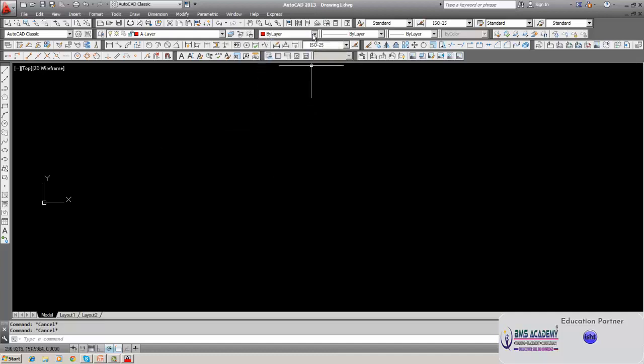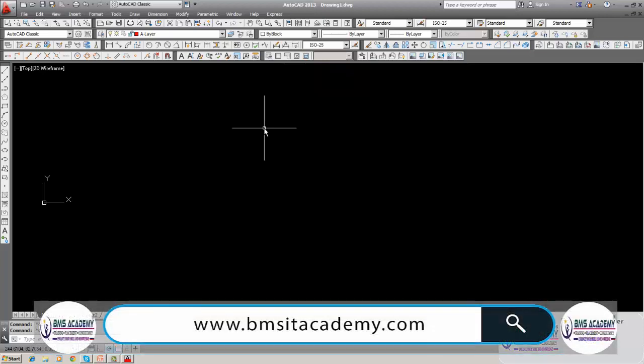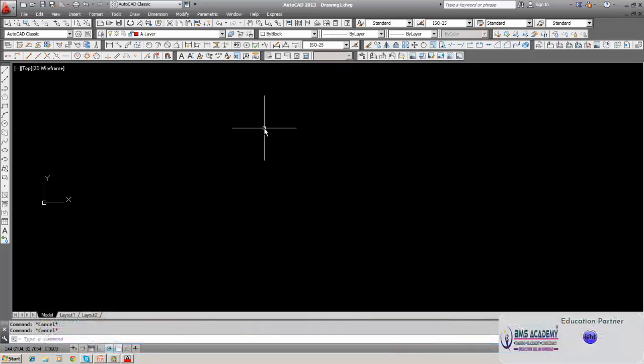But when you create a block by this property, by block, then if you open it at a time when you are working on some other layer, it takes the property of that other layer and not the property of the original layer where you created it. This I explained in the beginning of the class. Okay, now